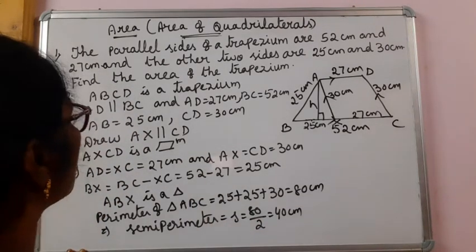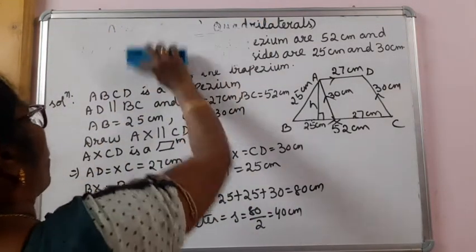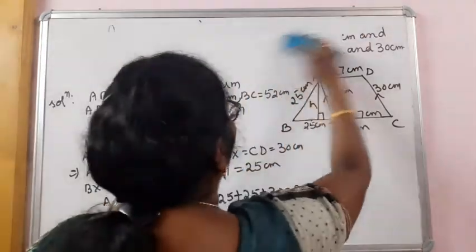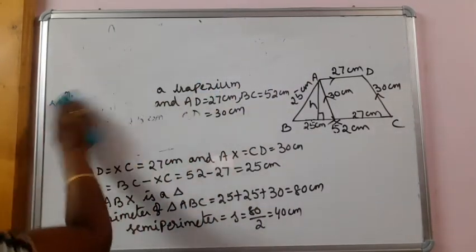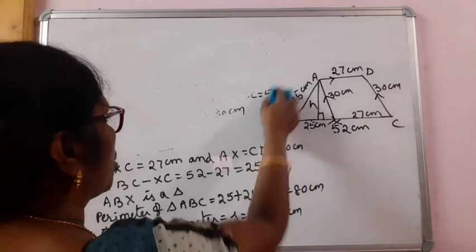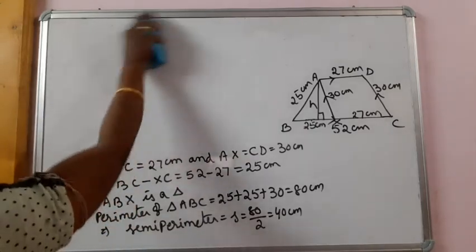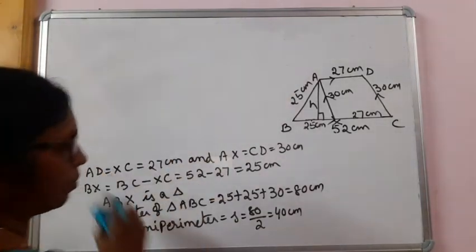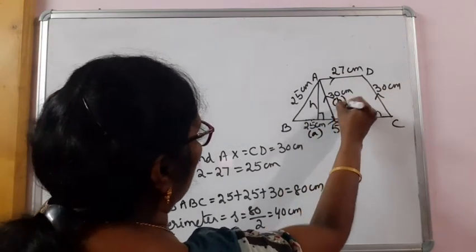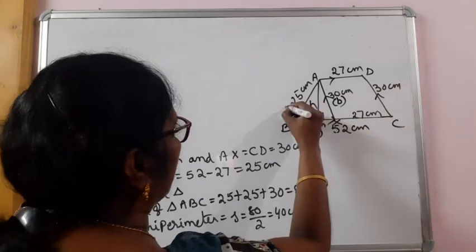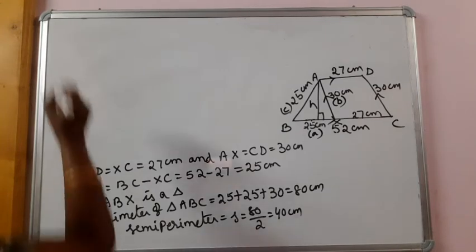Now let me clear the board and do the rest of the question. So let us use the area of a scalene triangle formula. I can clear all these because I have shown them in the figure. Little lengthy question but tricky question also. Opposite to angle A, this is to be taken as small a. Opposite to B, this is small b. Opposite to X, this can be taken as small c. Because in a scalene triangle, we use the sides small a, small b, small c.